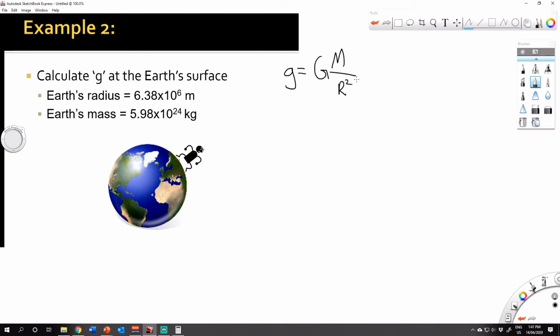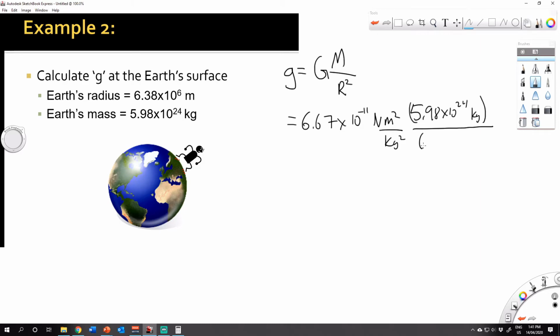Over R squared, and that's G. Now the big G doesn't change. That is still going to be 6.67 times 10 to the negative 11. Let's put in our units: Newton meters squared per kilogram squared. We're going to multiply this by the mass of the Earth, which is 5.98 times 10 to the 24 kilograms. And then we're going to divide this by the Earth's radius squared, so 6.38 times 10 to the 6 meters